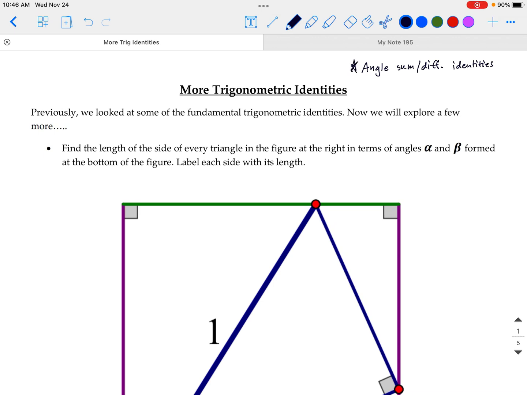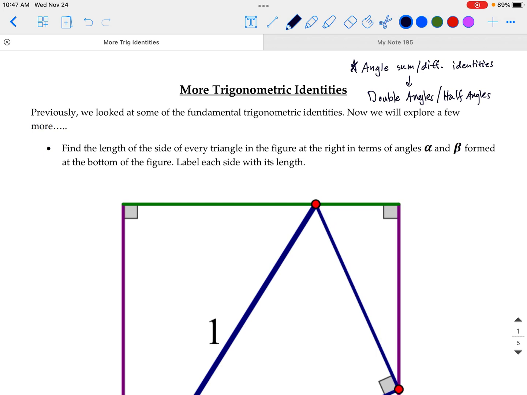These are going to be the ones that are most important. And then from those, we're going to be able to derive a couple of different ones, which involve double angles and half angles. So double angle and half angle identities are going to be kind of what we derive once we get there. But to start with, we're going to have to figure out what the angle sum and difference